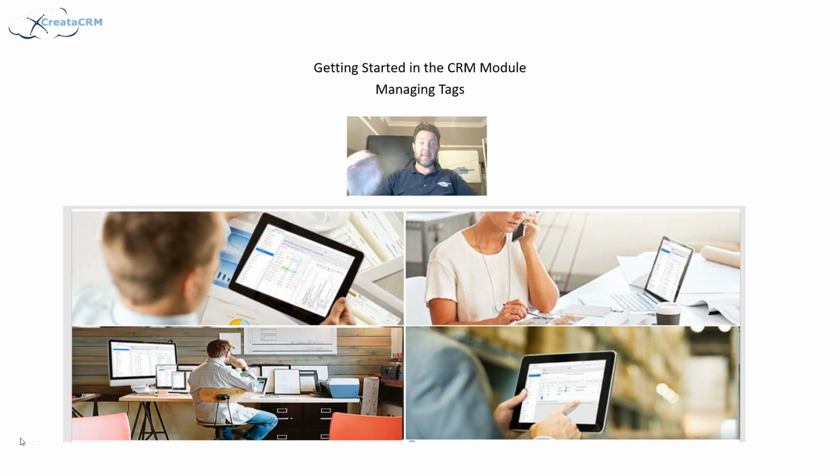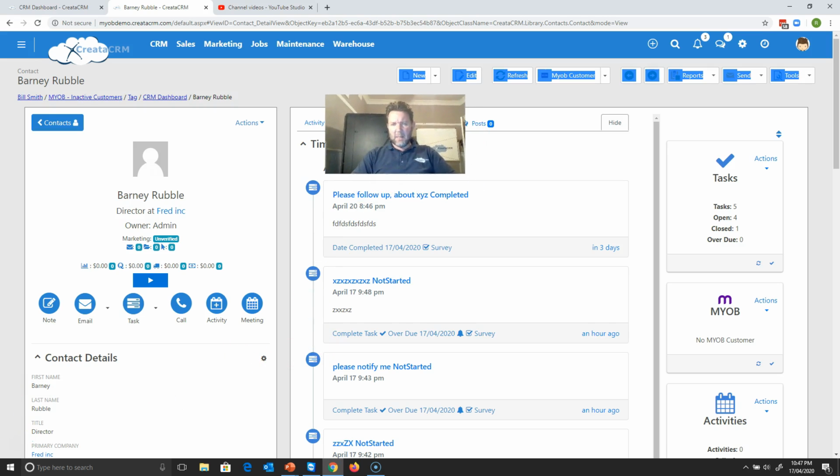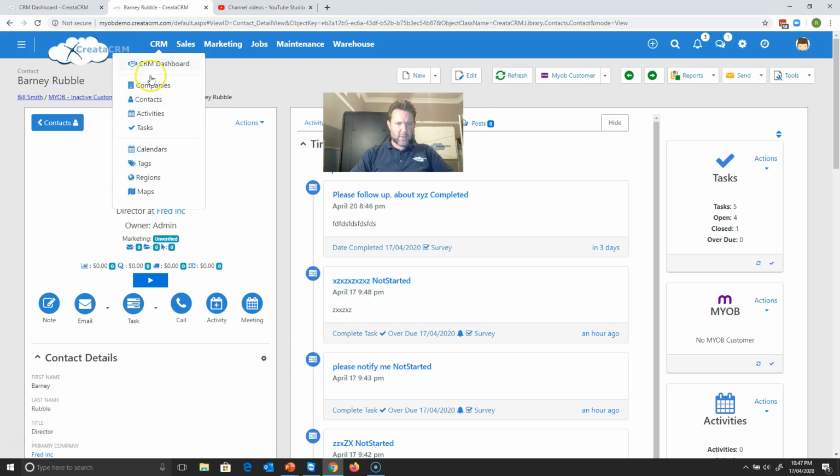This is getting started with the CRM module, managing tags. Tags are a fundamental part of the database where you can tag not only a company and a contact usually, but you can also tag a quote, an opportunity, and many other things, pretty much marketing campaigns and so forth. So in Creator, when you start off, you have the CRM module, you have tags